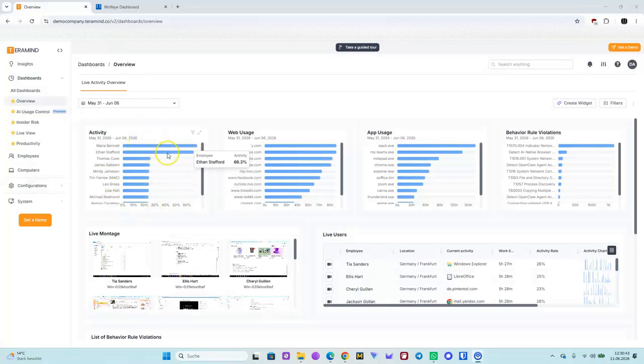How was the activity, or what is the web usage, for example? You see here a dashboard for the web: X, Twitter, Mail, Google Mail. What are the websites that have been used? And also